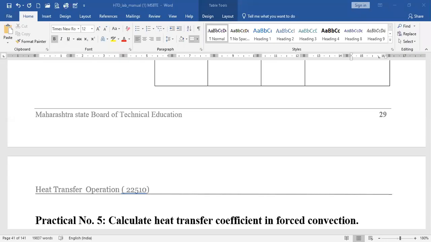Now after steady state temperature, the values for voltage, current and different temperatures are like this. So you can note down these different values. That is, the outer diameter of cylinder is 38 mm, length of cylinder is 500 mm, input to the heater is V into I in terms of watt. So this V is set as 70 volt.